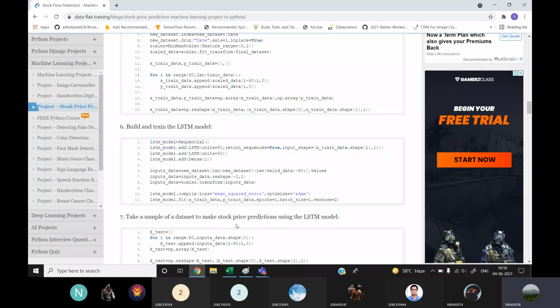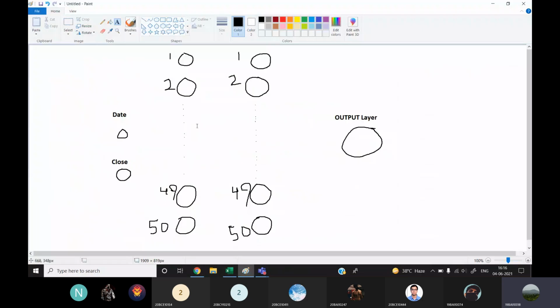I just created a very bad diagram here. This is just the first column or first layer of the neural network, you can say. So we will be feeding date and the close column rows in our neural network.